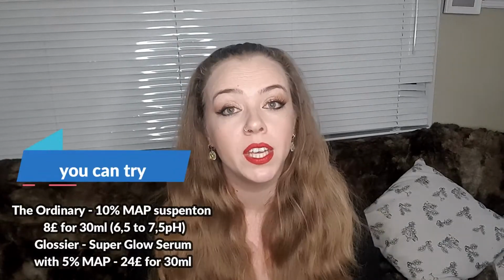Now for MAP, it has been on the market for quite a while now, and there are quite a few different brands that are using this type of derivative. What we know about this one is that it is a humectant, so it's good for dry skin. It will help with uneven skin tone, and although it's water soluble, it's much more stable than pure L-ascorbic acid. Again, The Ordinary has a product that we are talking about,